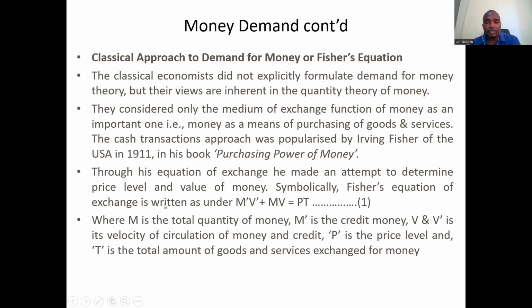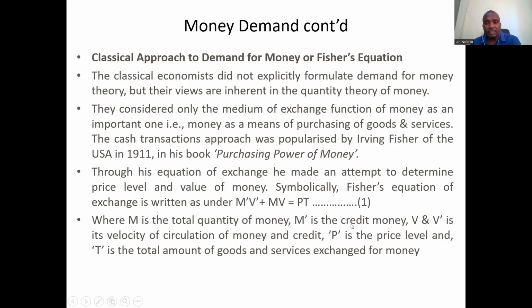Symbolically, the Fischer equation of exchange, this is a variation of it, is written as M'V' plus MV is equal to PT. That's equation 1, where M is the total quantity of money and M' is the